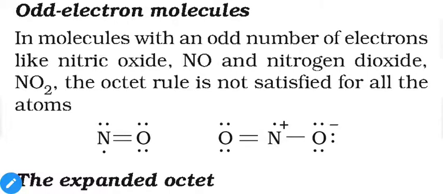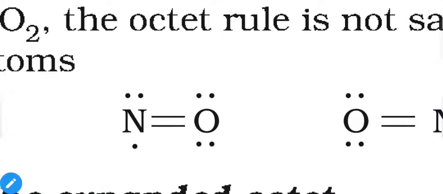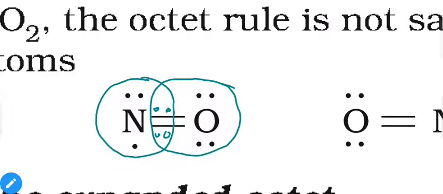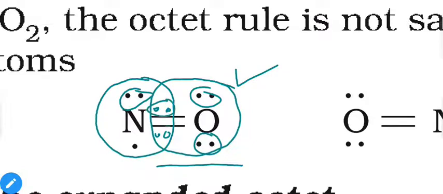So in the first molecule NO, how many electrons do we have around the nitrogen? As you can see in this shared double bond, 2 electrons are present from the nitrogen side and 2 from the oxygen side. So let us say we have 4 shared electrons. So this will be the octet of oxygen. It contains a total of 8 electrons, so the octet of oxygen is complete. But what about nitrogen? In the case of nitrogen we have 2 plus 2 plus 2 plus 1, only 7 electrons. So the octet of nitrogen is incomplete.